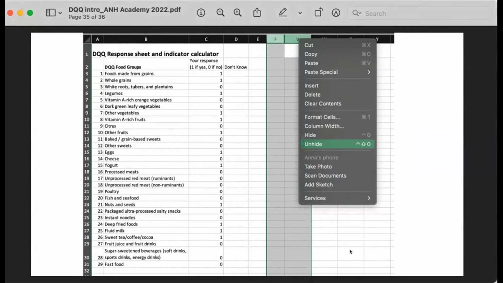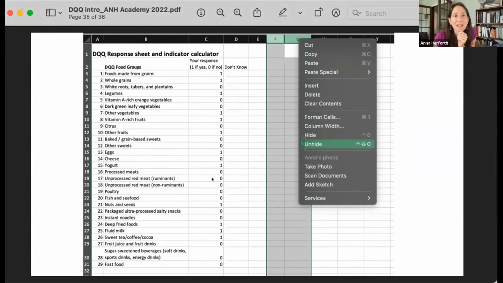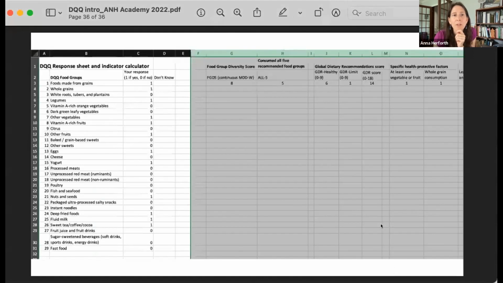Great. So if you use your Excel where you entered the data, something like as shown here, if you go to the columns F and V and unhide them, you'll see the calculation of several different indicators that now Chris will do a brief Mentimeter to see what happened